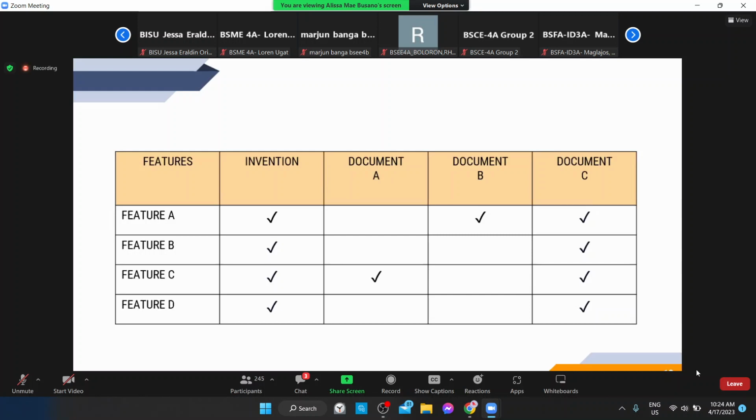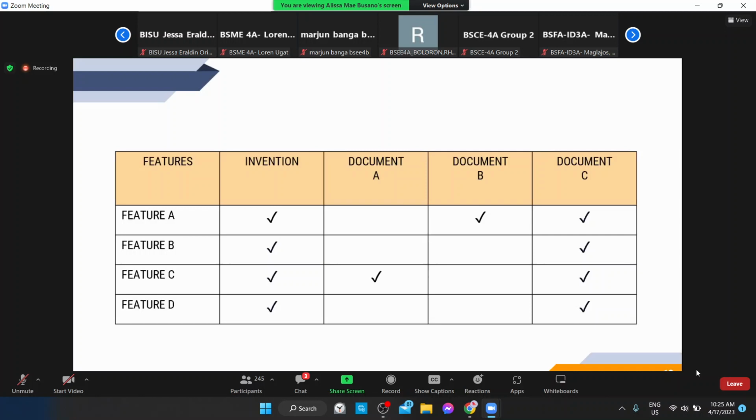So in your invention, you have feature A, feature B, feature C, and feature D. Document A only has feature C. As I said earlier, if you have additional features that are not in the existing technology, then those additional features give technical effects and advantages over that existing technology,